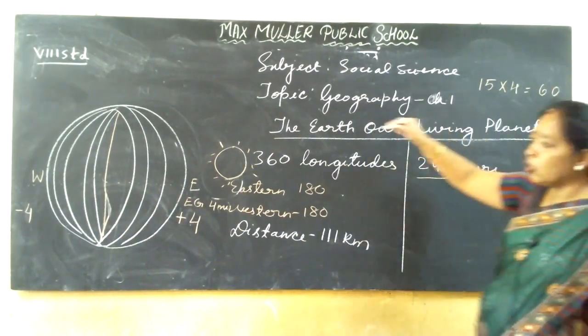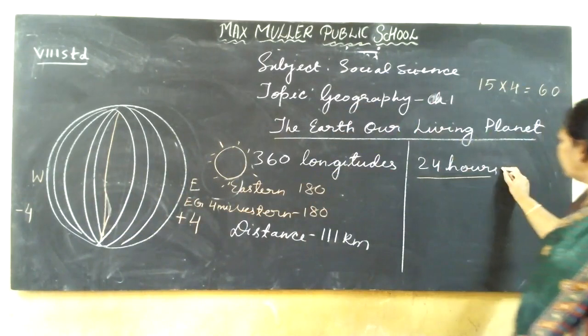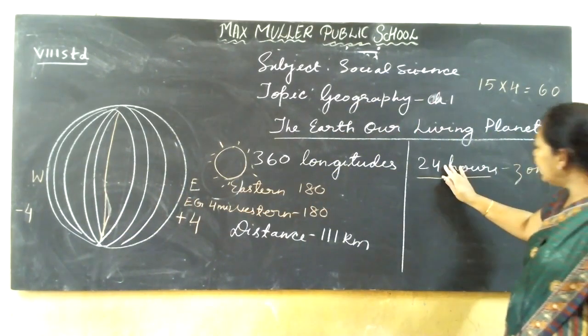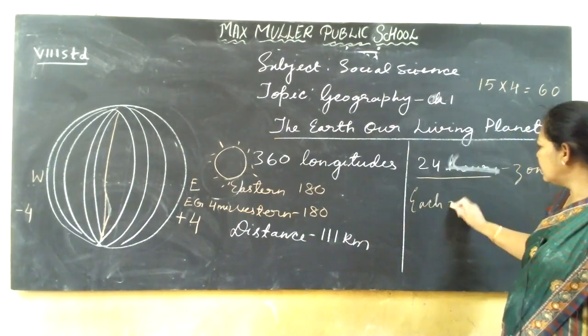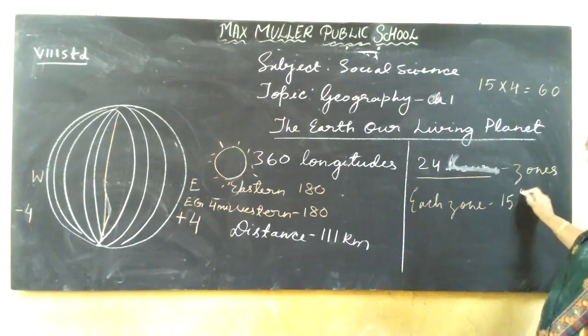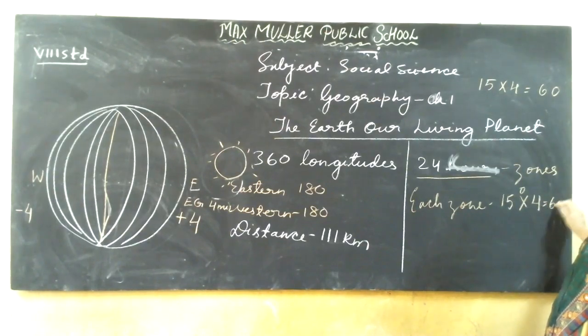So here the whole set of longitudes is divided into 24 zones. That is, each zone will have 15 degrees, and into 4 minutes, that is 60 minutes,